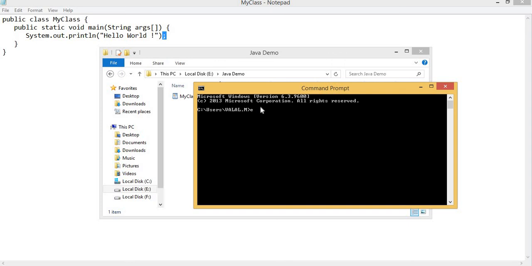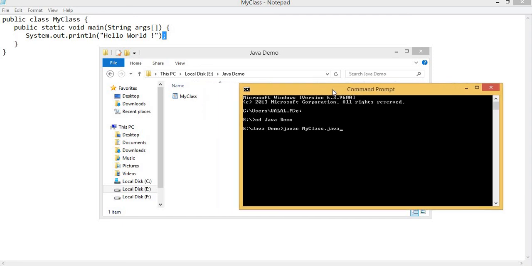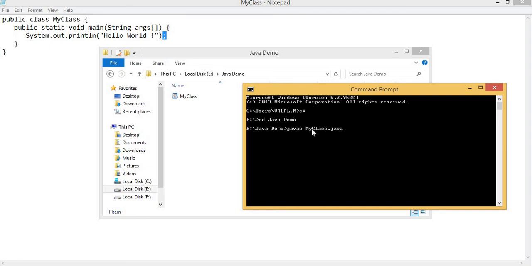I have saved my code inside E drive, so I am moving into E drive, and in that E drive I am moving into a directory called Java demo. Now I need to compile. How to compile the source code? I will say javac, the file name .java. I am compiling a source code. So javac is a command and then the file name .java. This will compile your source code.